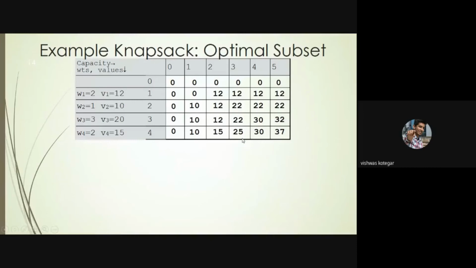Okay. Now here for this particular position, the value is 4 comma 5. So if I want to find out the profit at 4 comma 5, I've got it as 37, right? That means when I have all four objects which I can select from, and I have taken the total capacity as 5, this is the optimal profit that I am getting.